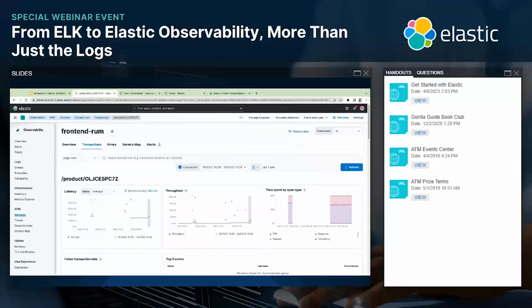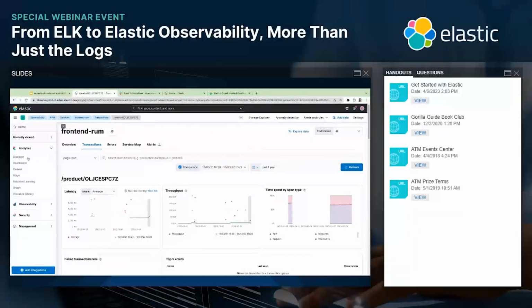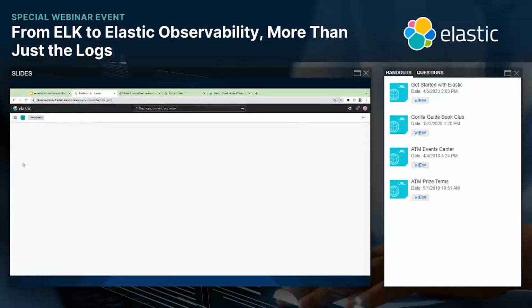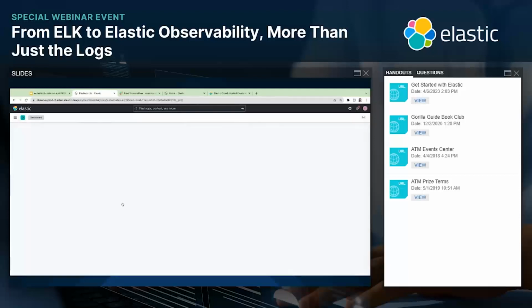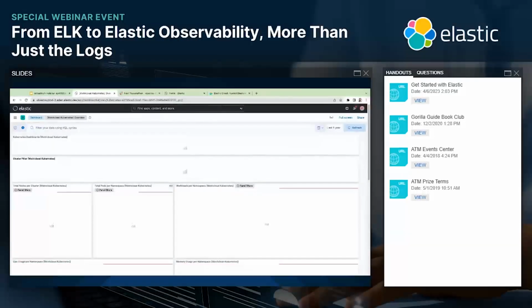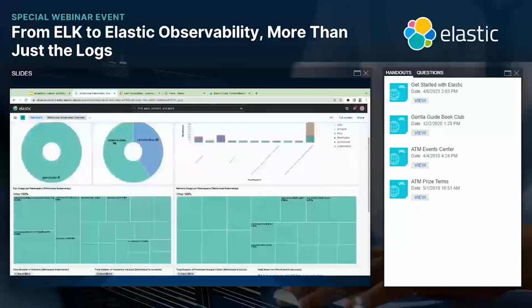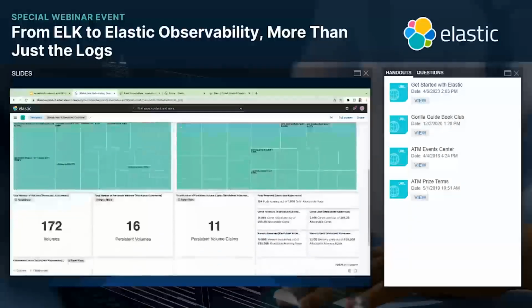This is all in the observability section. If I want to get further, I can do that by going into the dashboard section. Here I can leverage any data that I have in Elastic and build my own visualization, and ask some questions about data. Elastic provides some pre-built dashboards, and it's very user friendly for me to create my own dashboards as well. Again, these are some of the metrics that I can build the custom dashboards from.